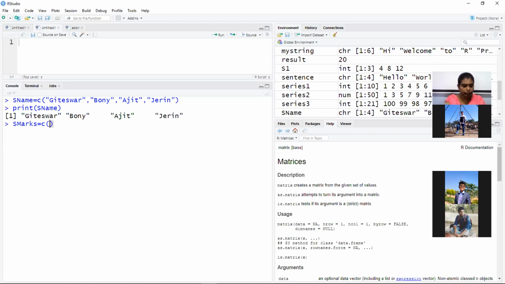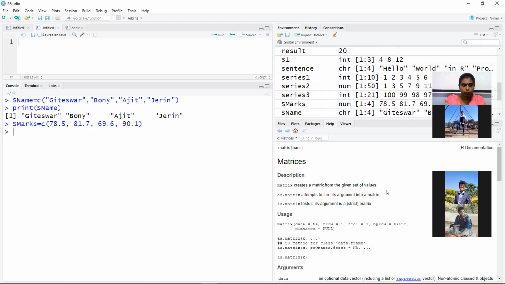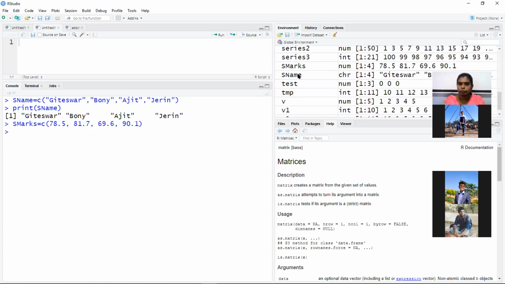Okay, so we will say 78.5, then 81.7, then 69.6, then 90.1. Okay, so that is also created. So I can see here the names are created, the marks are created.